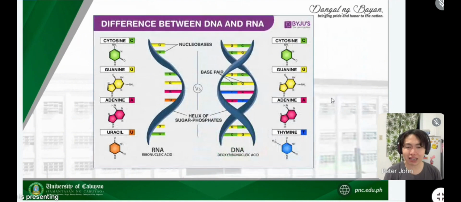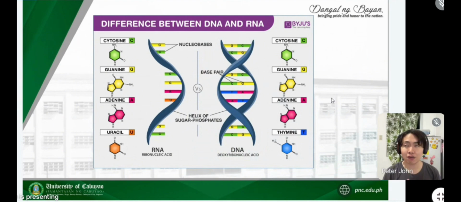So, we are already done discussing the biomolecules or biological molecules. As a review po, meron tayong 4 na organic biomolecules na discussed today. We have the carbohydrates, lipids, proteins, and nucleic acid. So, again, each of the 4 macromolecules is made up of building blocks. For carbohydrates, we have the monosaccharides. For lipids, we have the fatty acid and glycerol. For protein, we have the amino acid, and for nucleic acid, we have the nucleotides.